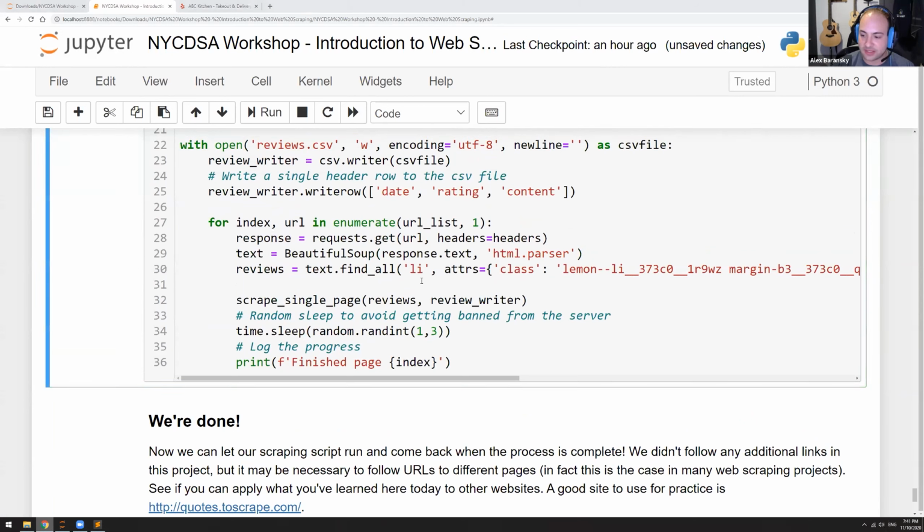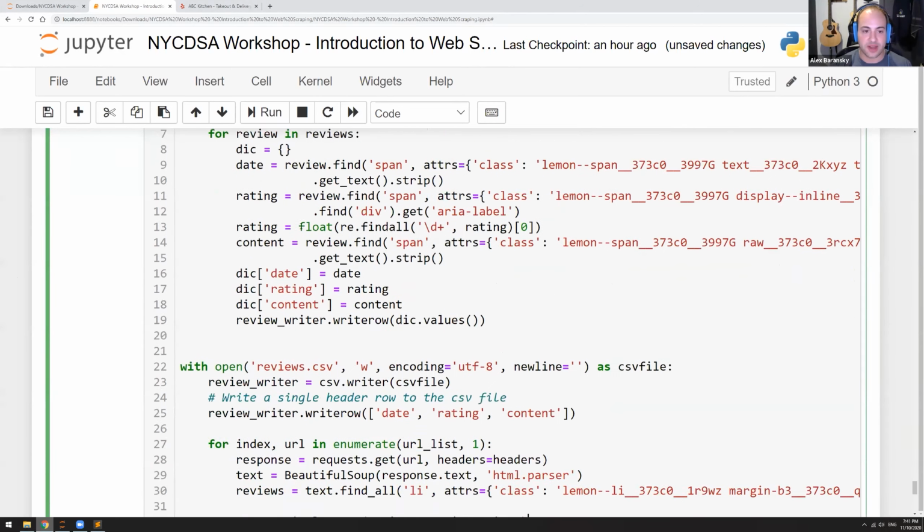Then from the text object, we're able to find all the LI tags, right? And so that will give us this reviews object, which has all our LI tags. And remember, we're doing this for every review page that we have because we're iterating over that list of URLs, okay? Then what we're going to do is run this function, which we defined up here,